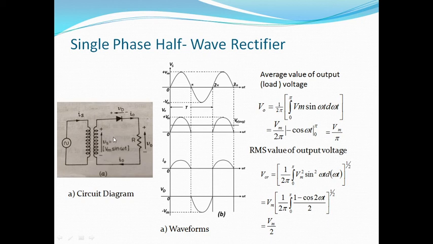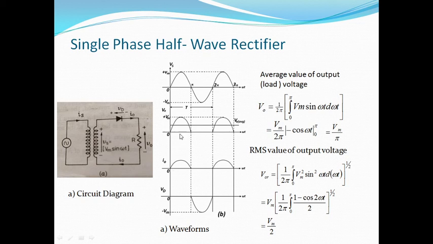During the positive half cycle, the diode is forward biased. So this is the positive half cycle. During the positive half cycle, the diode is forward biased. Therefore, it conducts from 0 to pi. During the positive half cycle, the source voltage is equal to the output voltage, or you could say that the output voltage is equal to the source voltage, and the load current